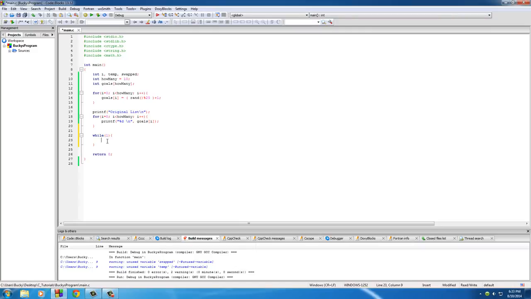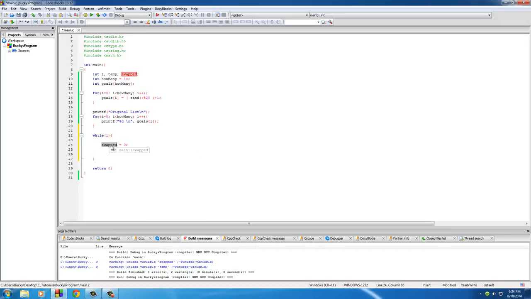So essentially what we're going to do is say keep sorting this list, and sorting it, and sorting it, and when it's finally sorted, we're going to add that break statement, and it's going to say, okay, now it's time to quit. I'll show you guys where to add that break statement later on. So the first thing we need to do is add this swapped variable and set it equal